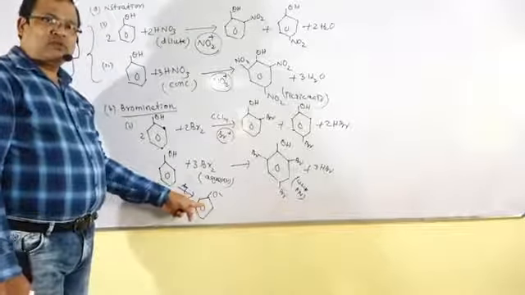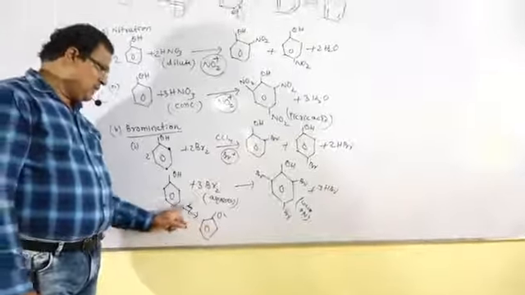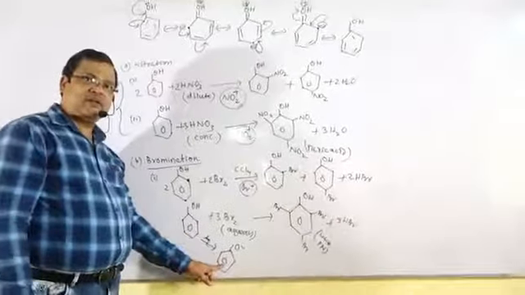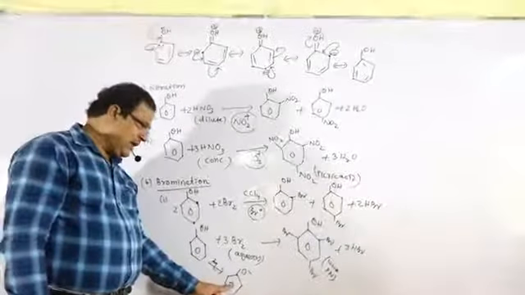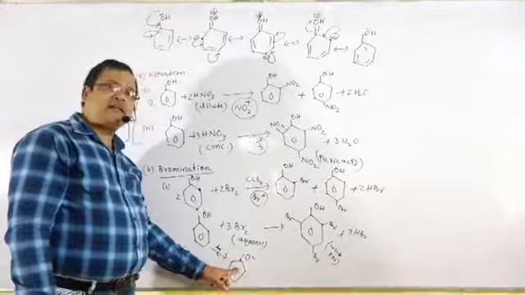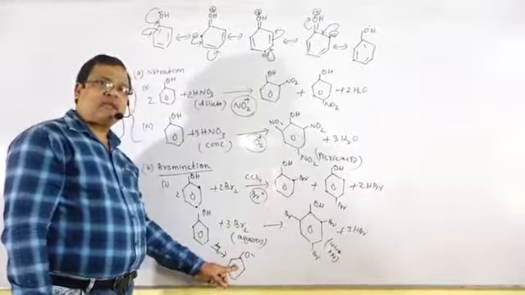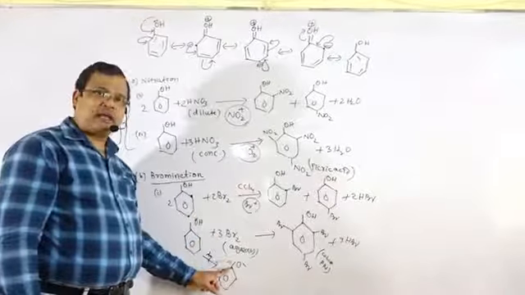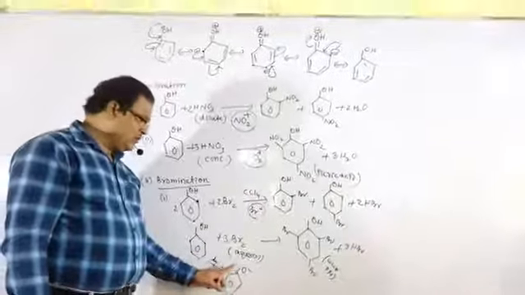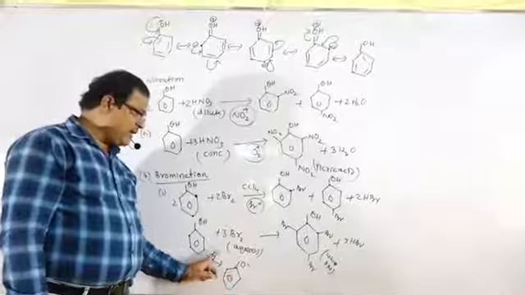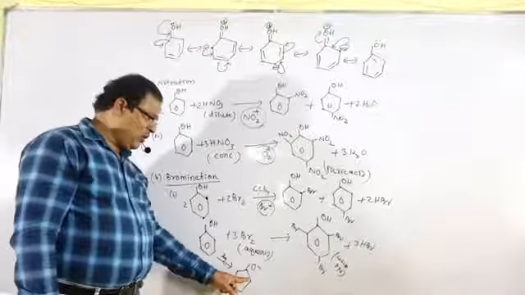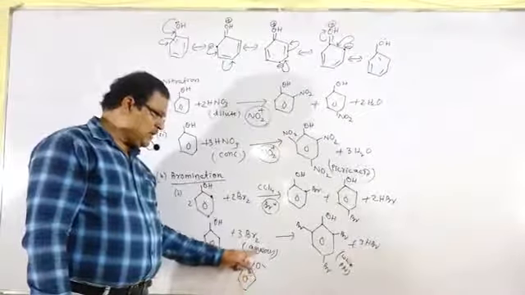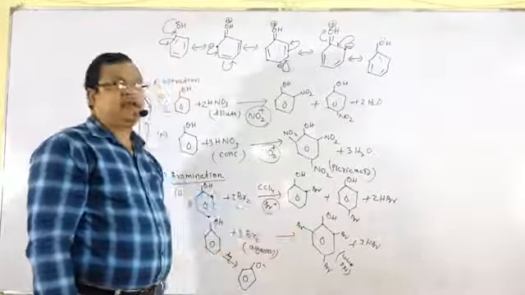So among these two, that is phenol and phenoxide ion, phenoxide ion has more directing power. Therefore, in aqueous medium, since phenol has the ability to form phenoxide ion, it has more directing power than phenol. Therefore, all the ortho and para positions in aqueous medium will get occupied by bromine.